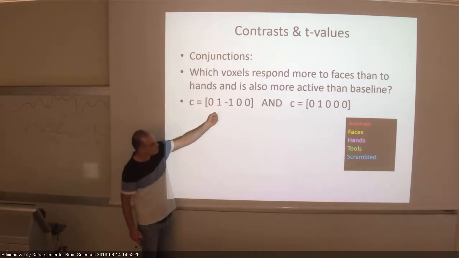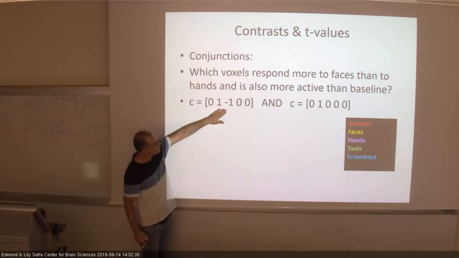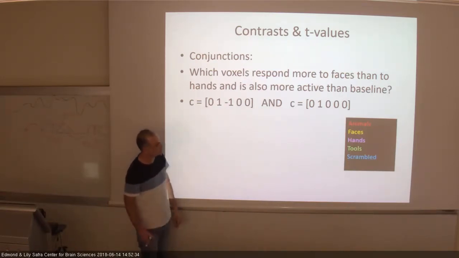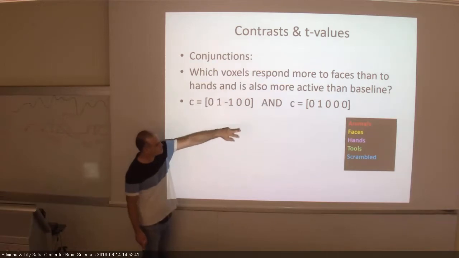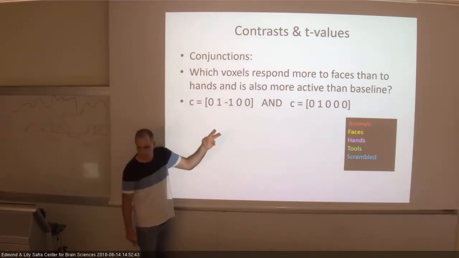Let's say if you say, and we finish with that. You tell me maybe what this is asking. It's not hard, but what's the interpretation of this? Which conditions are these? Faces and hands. Okay, so this whole argument, what does it ask basically? What does it say? Which voxels